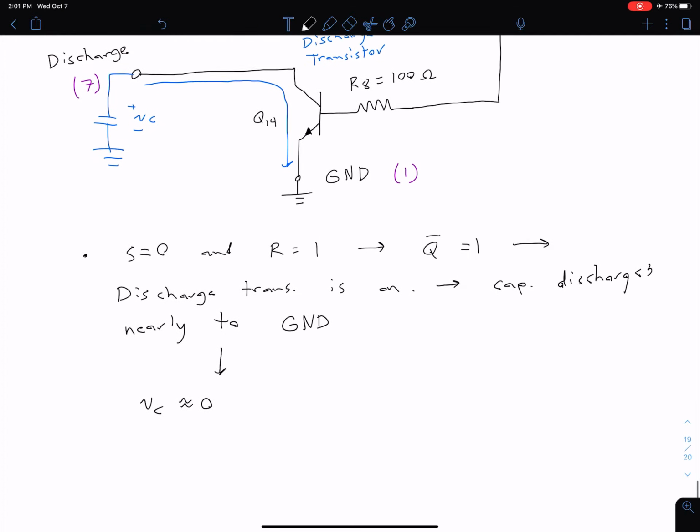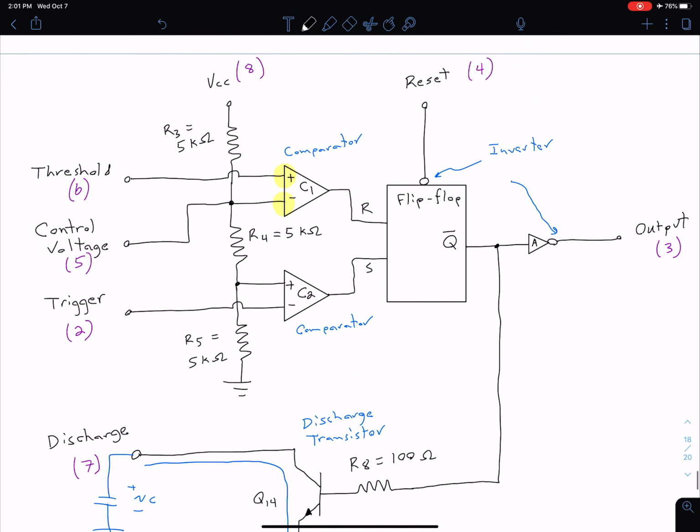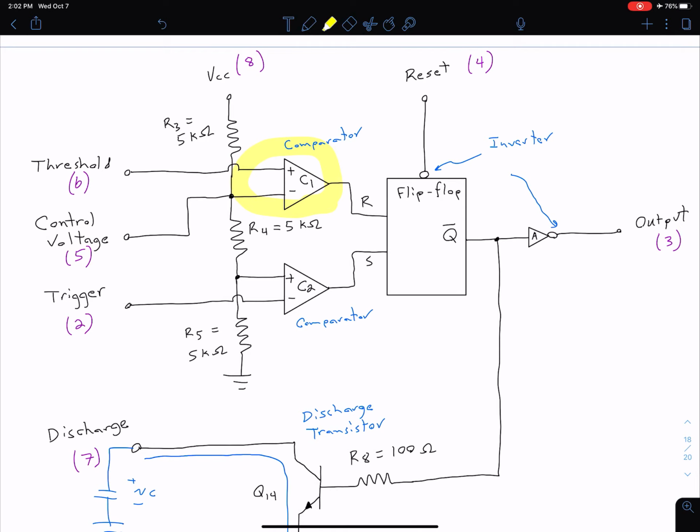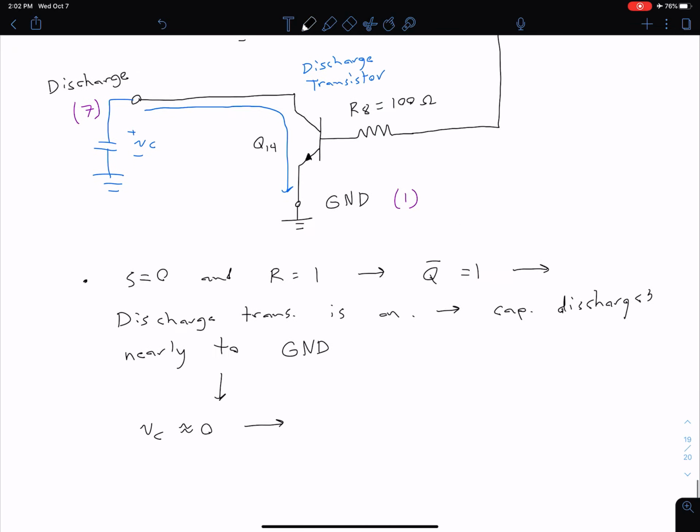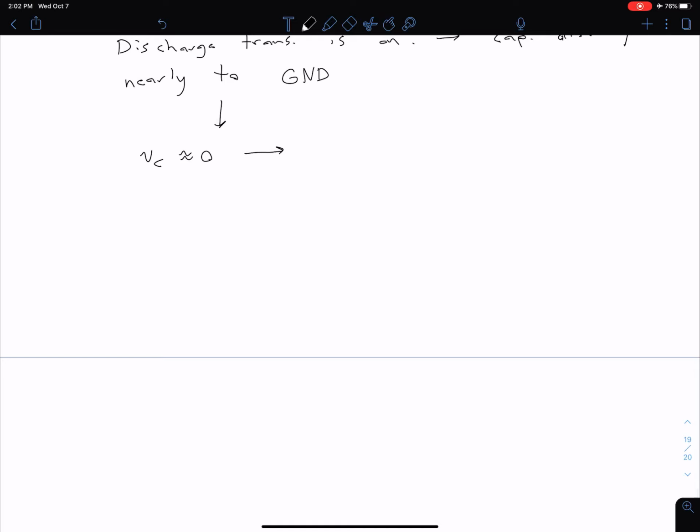And so now we can reconsider our threshold comparator. We're coming back up here and reconsidering this threshold comparator on the top, because now our threshold value has changed, because we note that this capacitor voltage is also being input to our threshold. So our threshold value has changed, and it's no longer going to be above that 2/3 VCC we have at our inverting terminal. So let's come down here and write that. So our VC is about 0, which means that our threshold, which is pin 6,